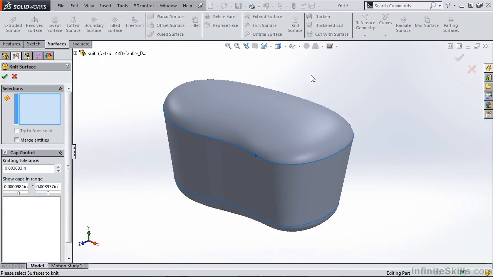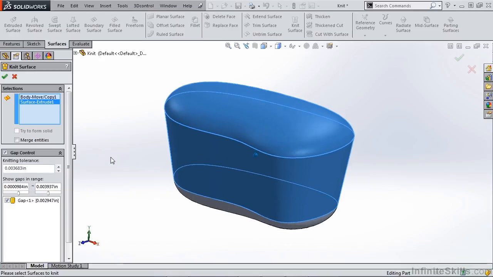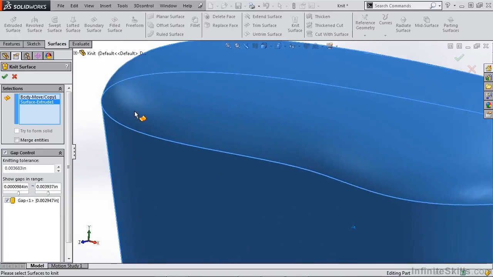Now I want to make a quick note that I could do this in one single operation, but in order to point out some of the differences, I'm going to do it in two separate operations. So to start, let's go ahead and knit this top section and the middle section together. Now one thing you'll notice when I make this selection is that we have a gap control pop up in our lower box. Now, gap control allows you to close small gaps between the surfaces, and it'll recreate the geometry for